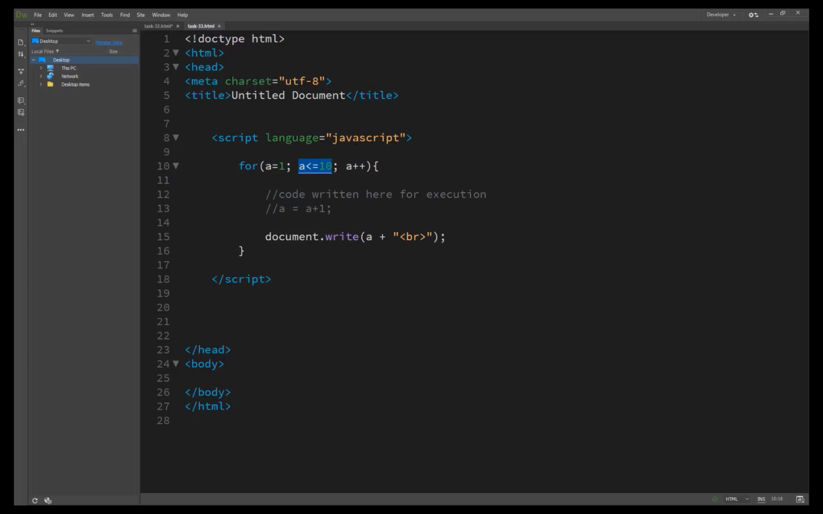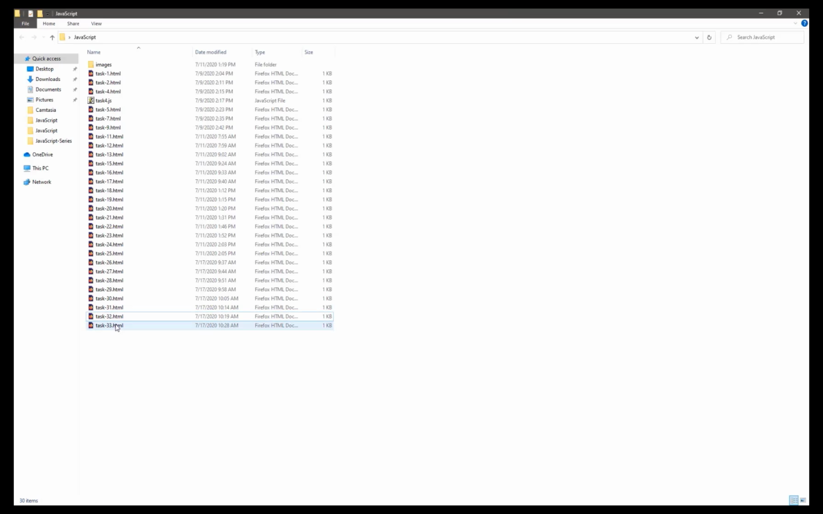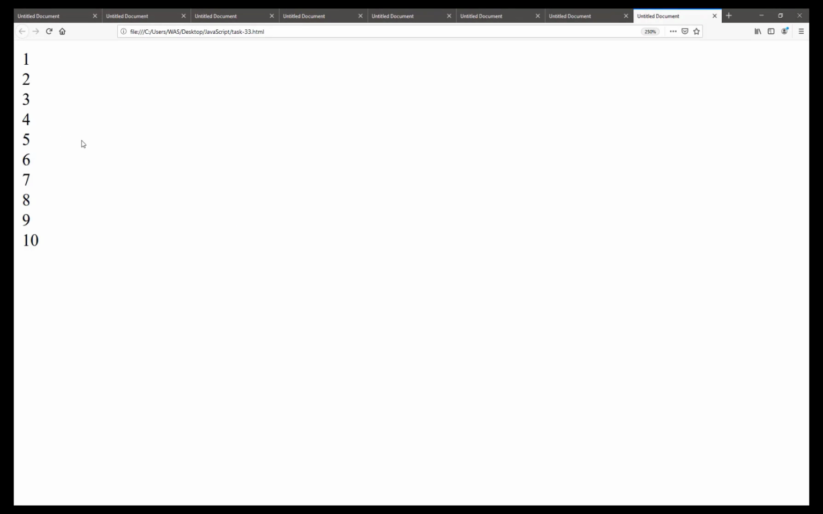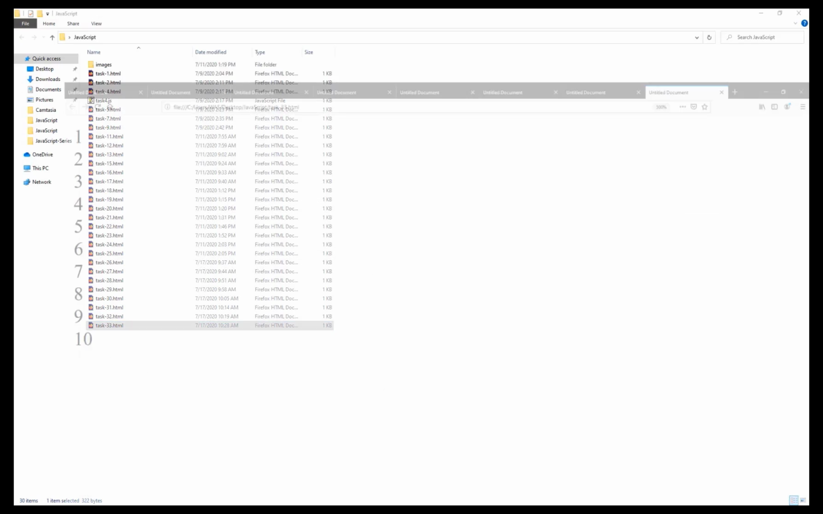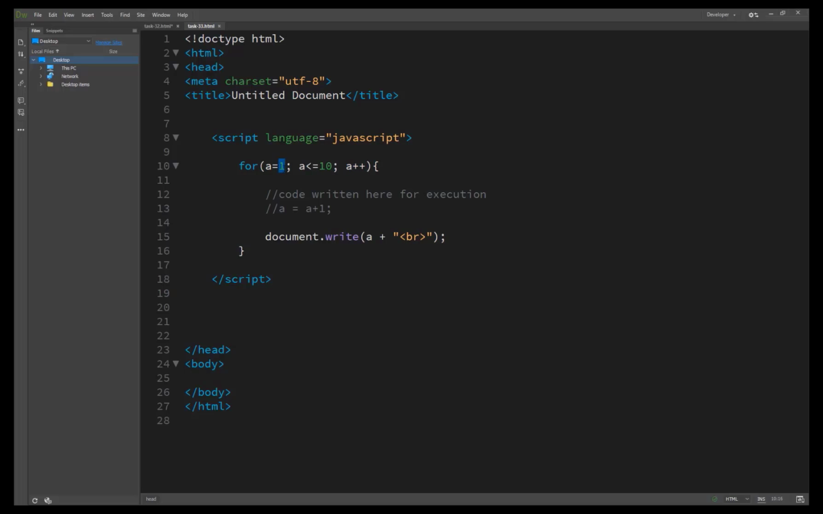Yes, the condition is true, and then it goes here to print the message a, and after that it increments by 1. So we try it and see the results. You will see it prints from 1 to 10 because it runs the loop 10 times. The starting value is 1, and it runs until the value reaches 10, and when we create it here as